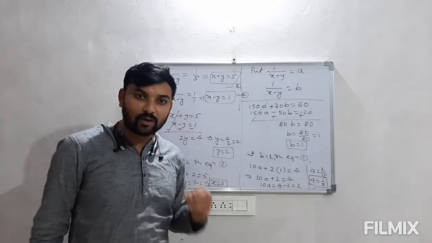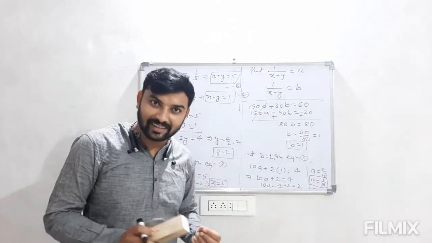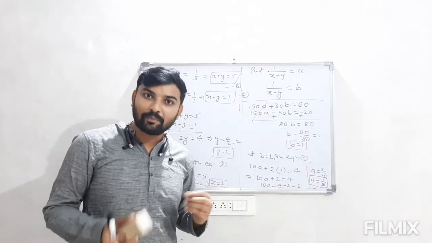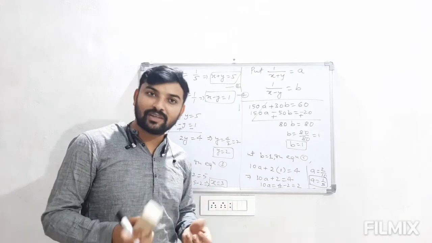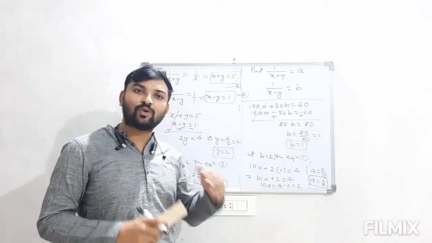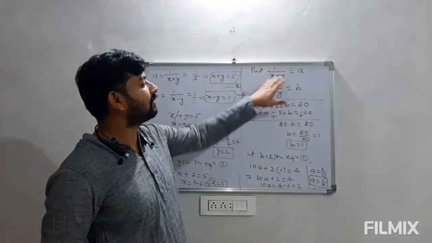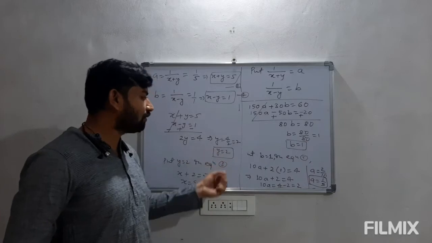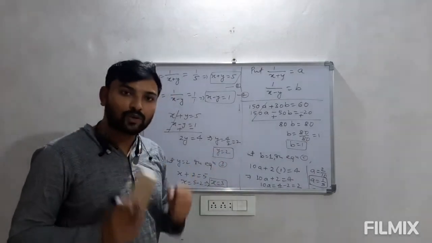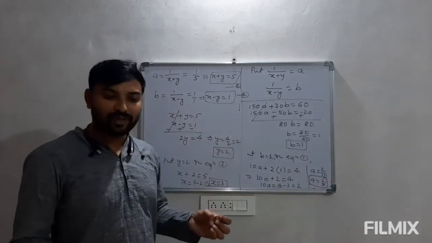So this is how we deal with the equations which are not directly linear equations in two variables, but they have two variables. We have to convert them into linear equations in two variables, then solve and reconvert the answers in the form of the given variables, so that we can finally get the answers in terms of those variables which are given in the question. So this is how we deal with the linear equation in two variables.